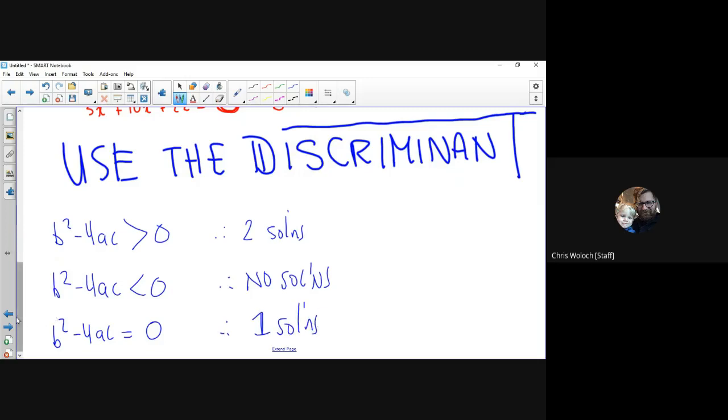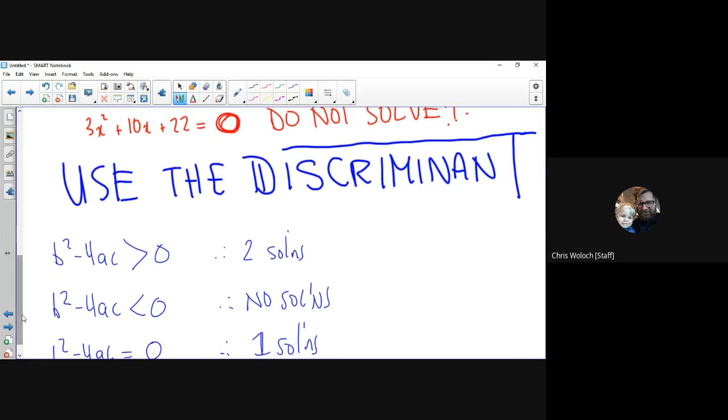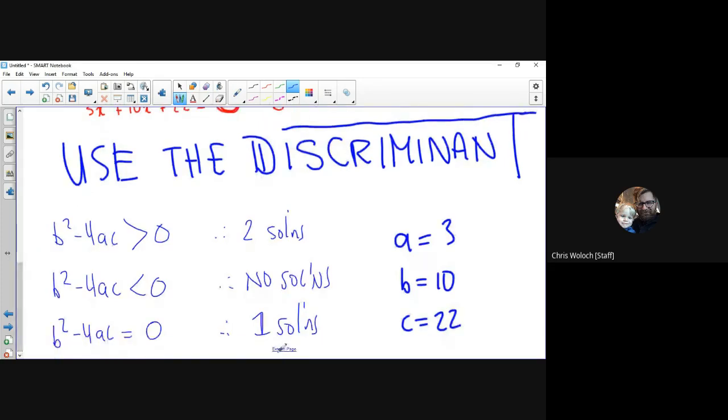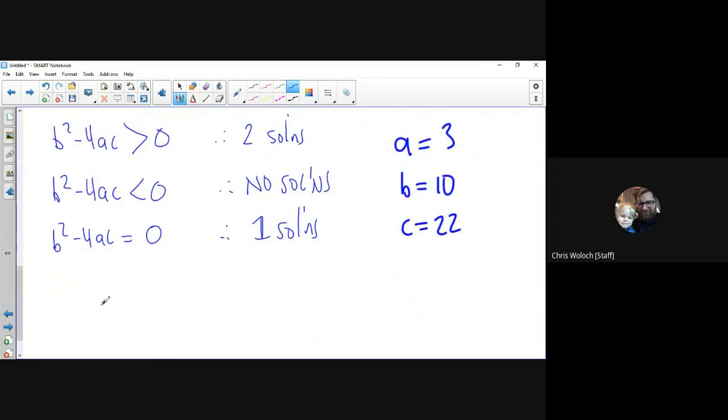Okay? So literally, we're just going to use the new function that we have from simplifying f of x equals g of x. Use a, b, and c in the discriminant. And then, if it's positive, then I know there are 2 solutions or 2 points of intersection. If it's negative, then there are none. And if it's equal to 0, then there's 1. All right, so I'm just going to write this. So a is 3, b is 10, c is 22. All right, so if we do that, b squared minus 4ac equals,